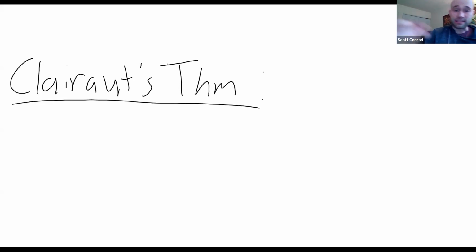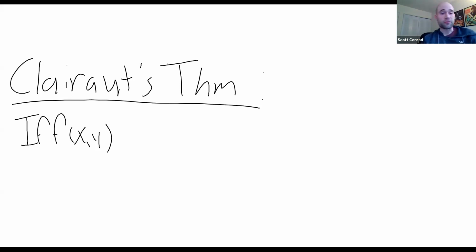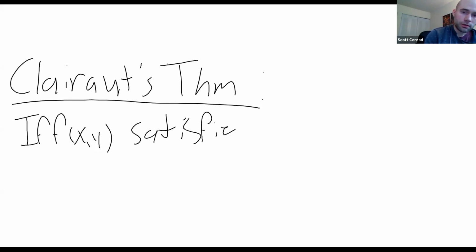So Clairaut's theorem is basically, if you have a function of two variables, f of x, y, and I won't go over it, you can look at it in the book, if it satisfies some conditions that are always satisfied in this class,